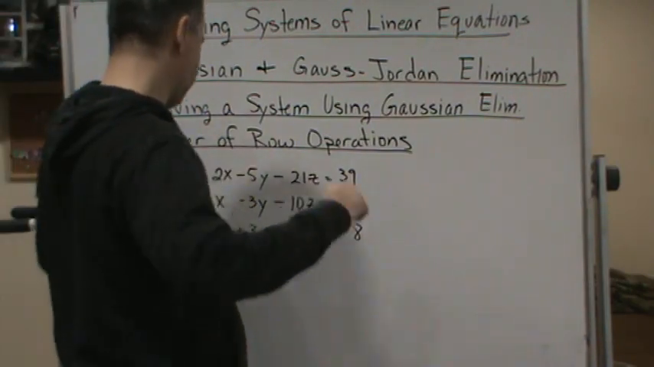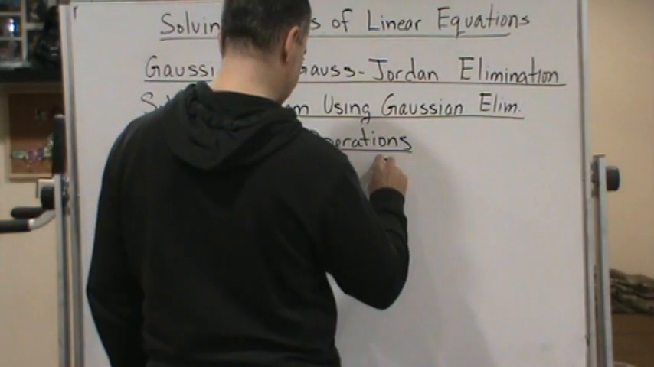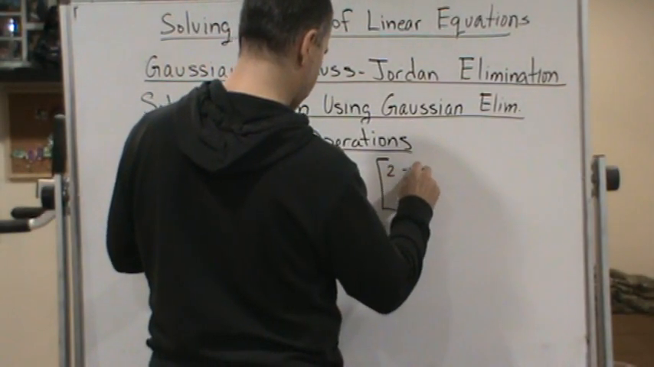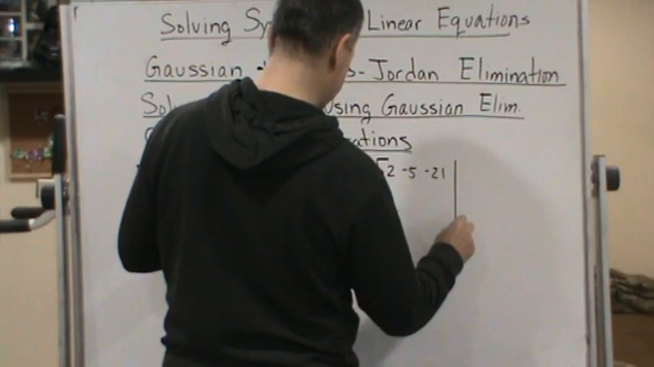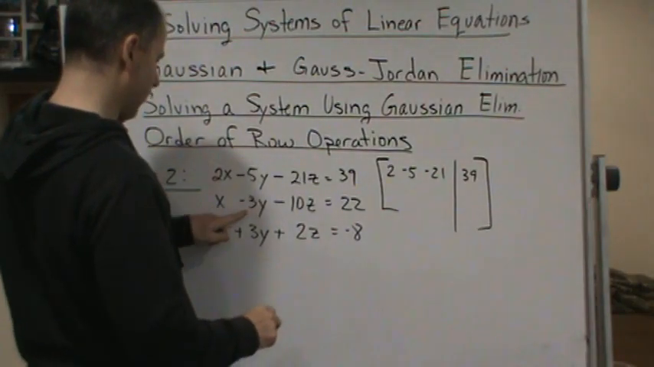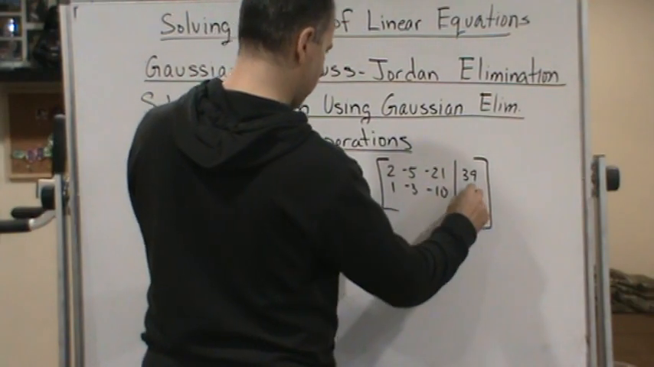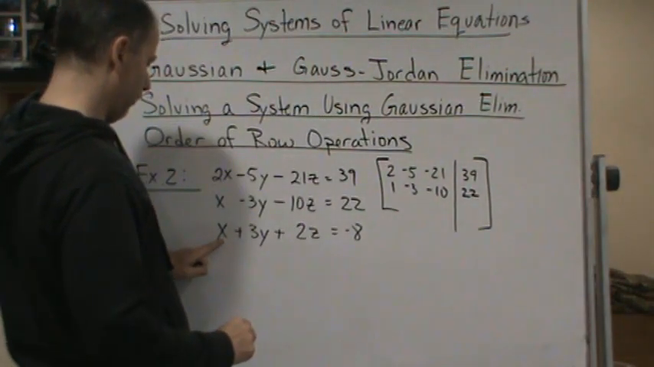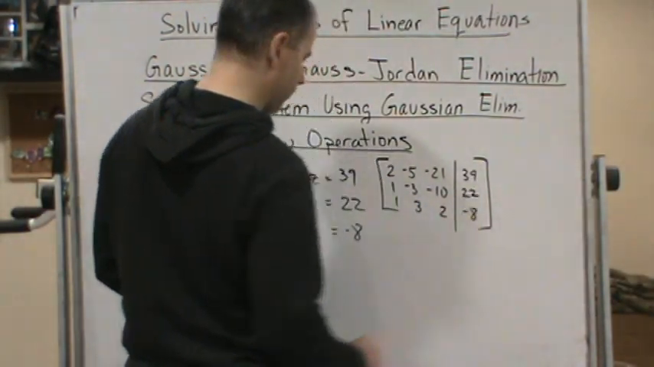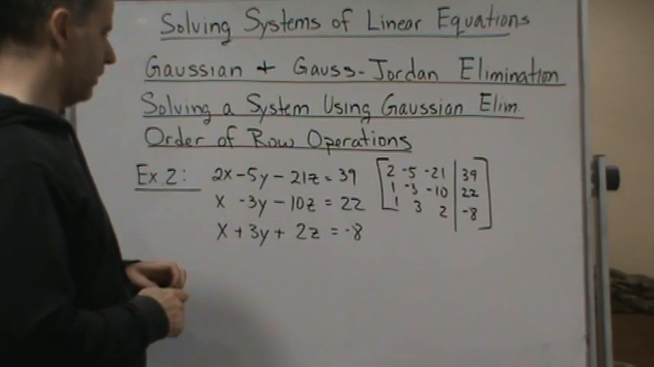Okay, so again, the first step is to write the augmented matrix. So that's going to be 2, -5, -21, 39. Then we're going to have 1, -3, -10, and 22. Then we're going to have 1, 3, 2, and -8. Okay. Now what we're going to do is put this in